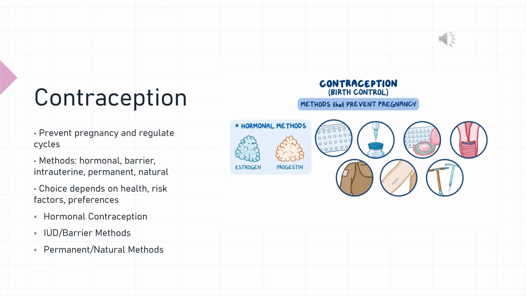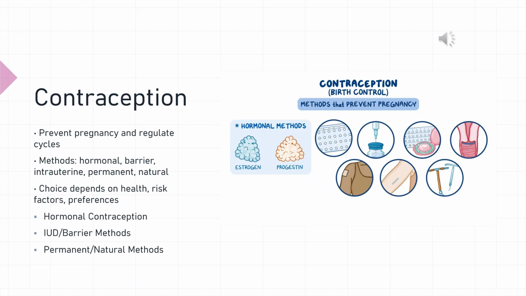But there is a risk of latex allergy. More permanent methods would be surgical methods. These would be things like a vasectomy or a tubal ligation, where the fallopian tubes or the vas deferens are cut, tied, maybe cauterized, and surgically blocked. Typically, this is permanent, and